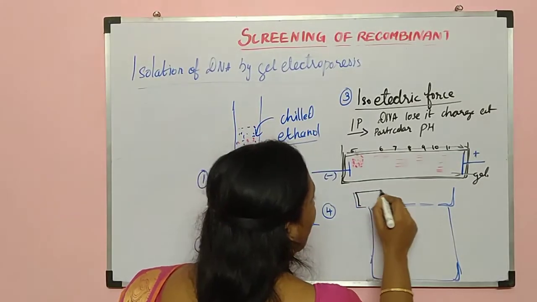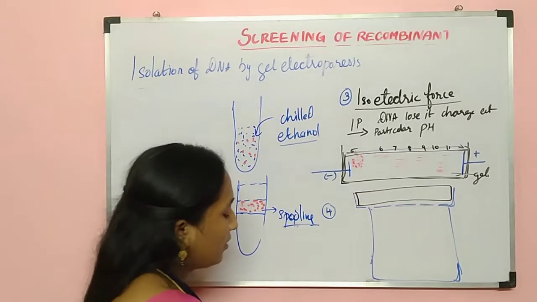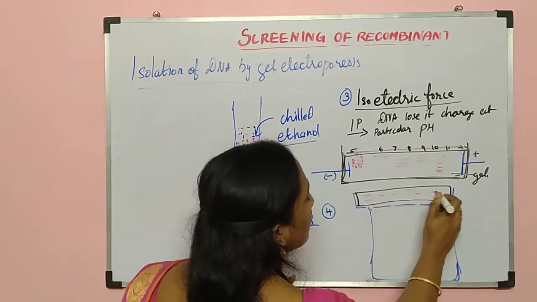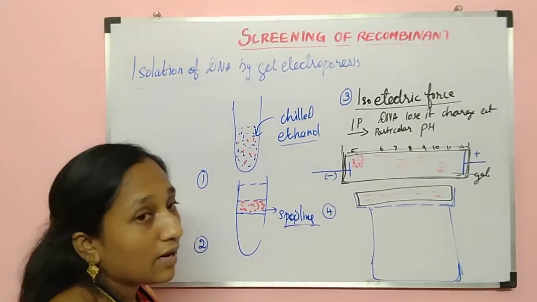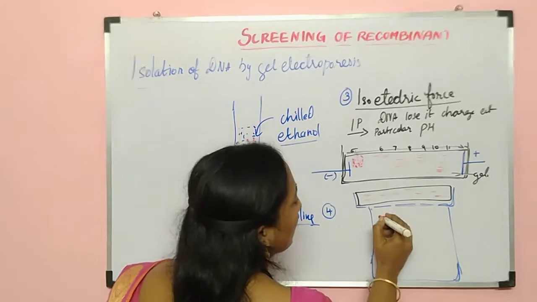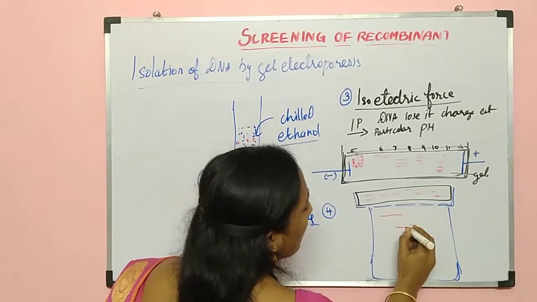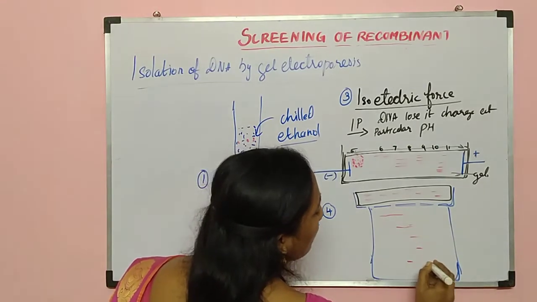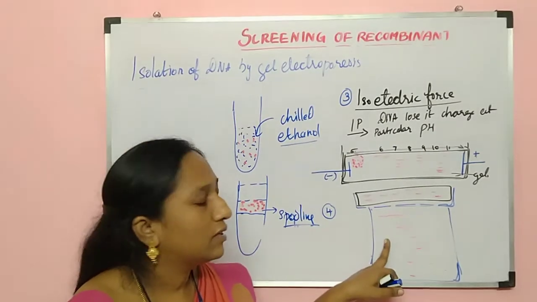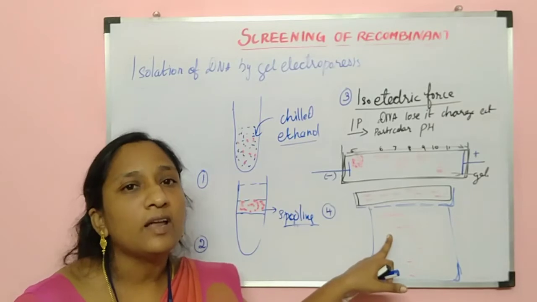Now this will have different DNA strands. They will come down by means of the density gradient. The larger will stop here, and the smaller ones will come and stand over here. So you will get the agarose gel with the DNA strands like this, but it is not visible.